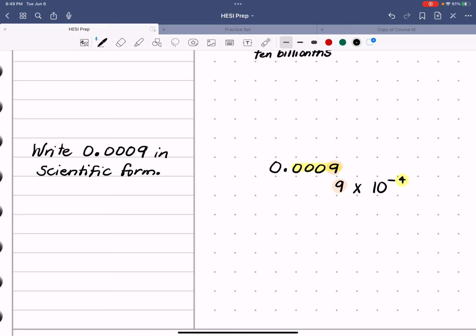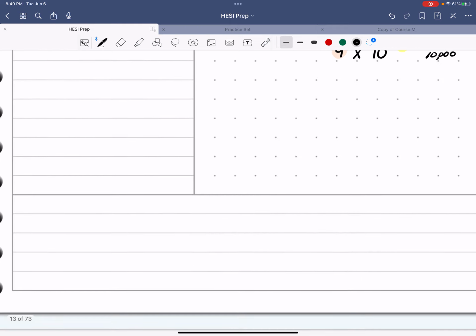This is 9 tenths, hundredths, thousandths, 10,000ths. 9 10,000ths. And I think I have more room for one